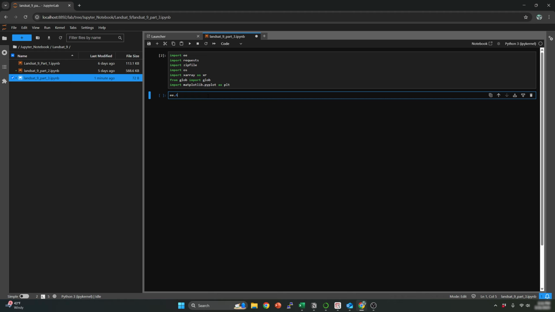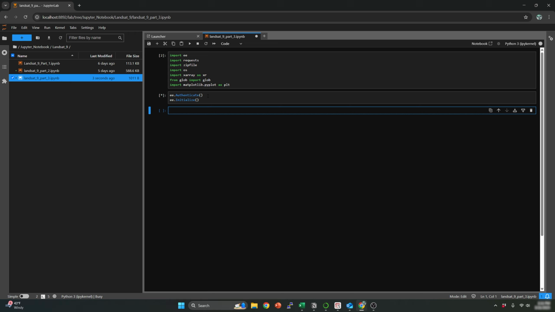Okay, so the first thing that we need to do, as I mentioned in the previous video, is to authenticate Earth Engine, which will allow us to download the data. Then, so if we go back,